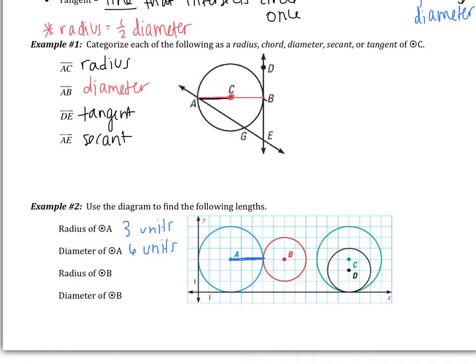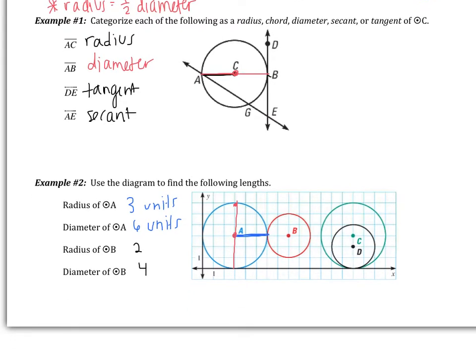And if we check that, going from one side of the circle to the other, going through the center, is going to be 6 units. Now you answer the same 2 questions for circle B, please. We should have gotten 2 and 4. So hopefully we did. Before we move on to the next few examples, I want to talk a little bit